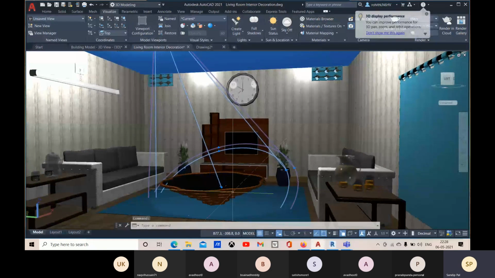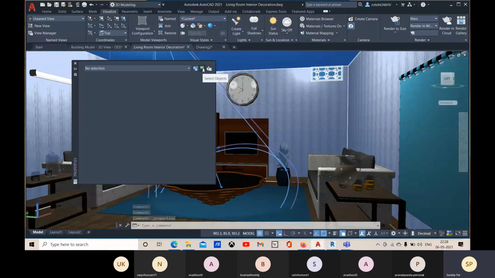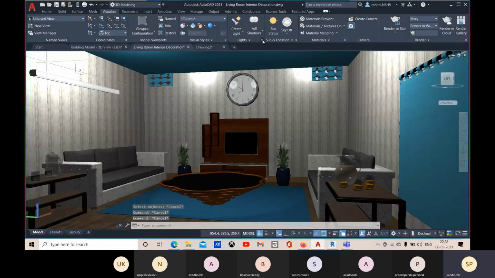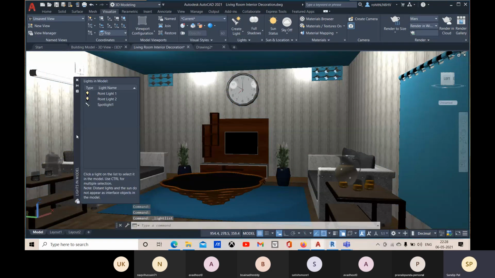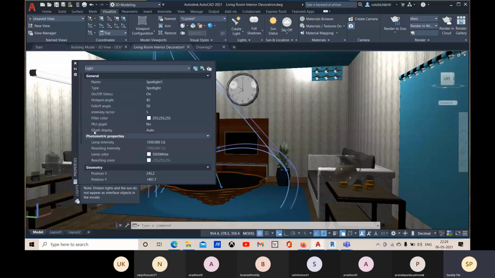So there you can see some spotlights are created, and you can select that light and go for its properties, Control 1. Make sure that light is selected. Or else here you have this light settings. You can open up the light list and select this spotlight and double click on it. So the properties of that spotlight will be opened. And here you can see the falloff angle and hotspot angle. And you have this intensity factor.